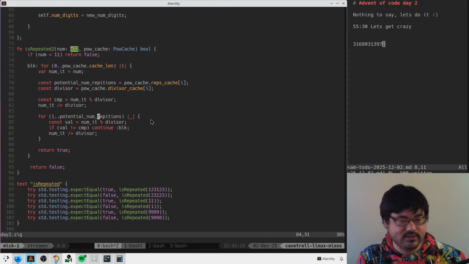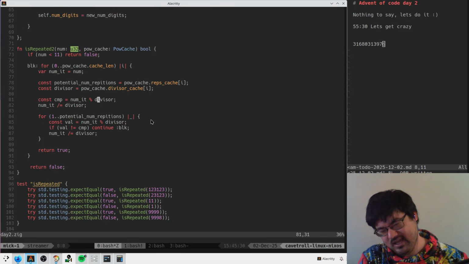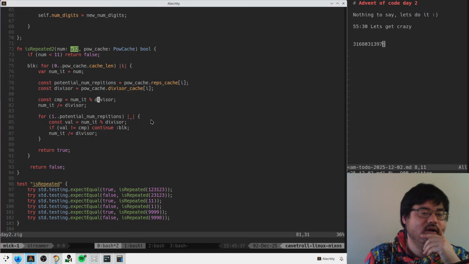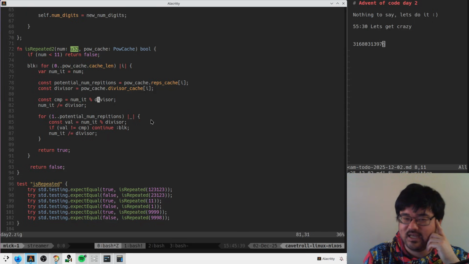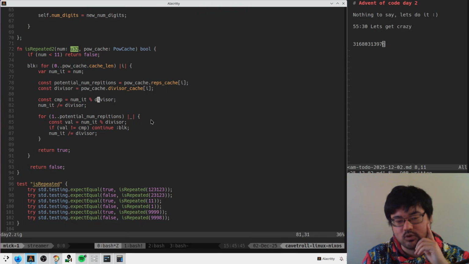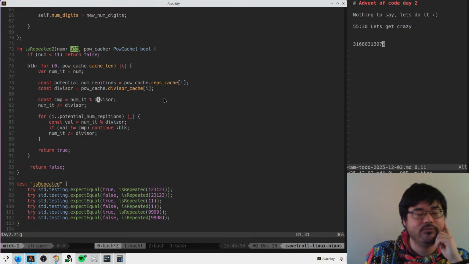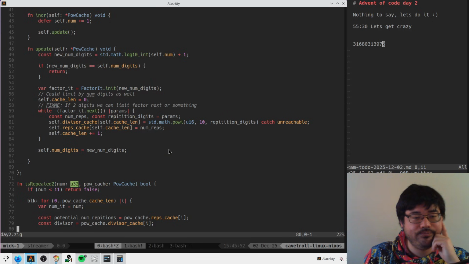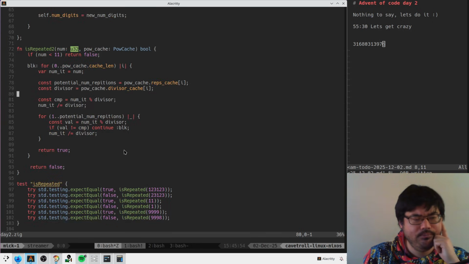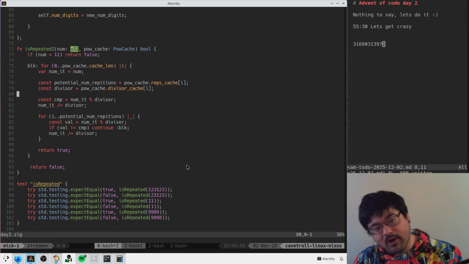The idea that we can somehow get out of division is kind of interesting. But I think that when you're working in base 10, it's not that simple, right? You might be able to do some sort of shifting, then subtraction or something if you want to get really clever, but I'm not that smart. Yeah, no, this is where most of the time is going. I don't think that we're going to get much meaningfully